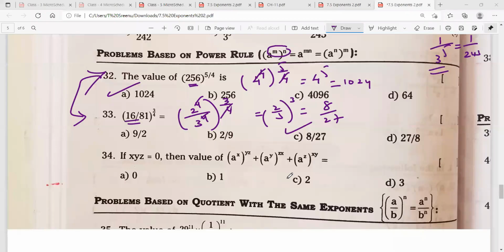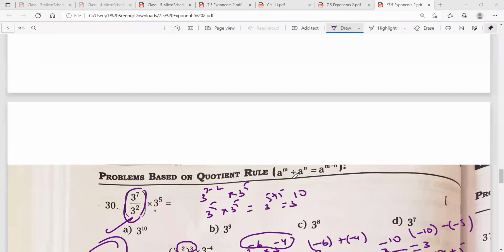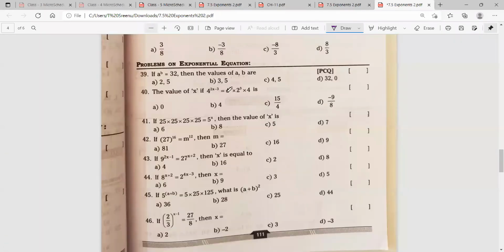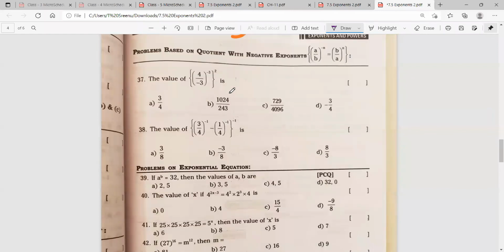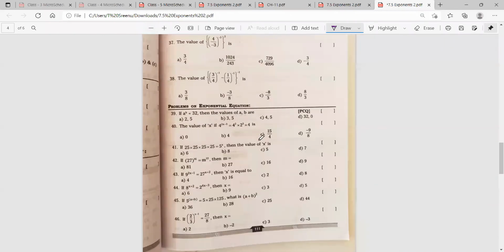Right. Now, please try these sums. Tomorrow is Sunday, no? Please try these sums. Next page I'll open for you. Of course, these are a little bit tough, but please try. Chaitanya, anyway, you have the book too. And Sainath Reddy and Pawan, please take a screenshot, children. 37 to 46.